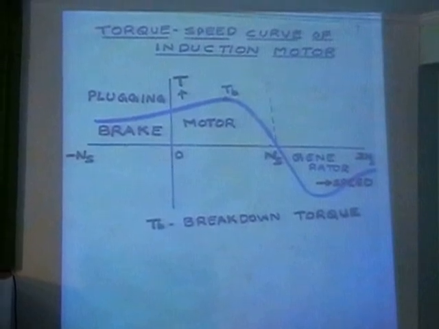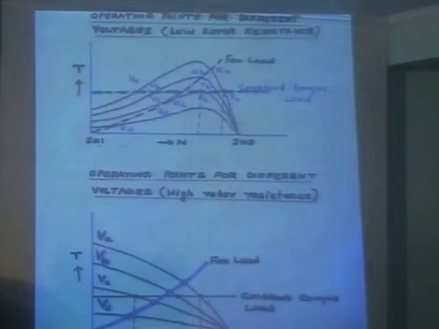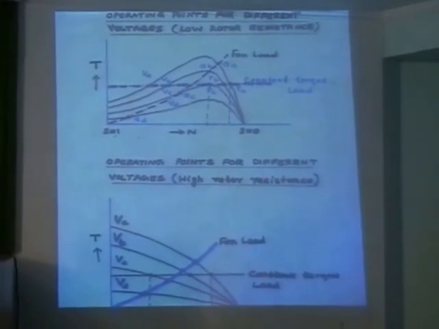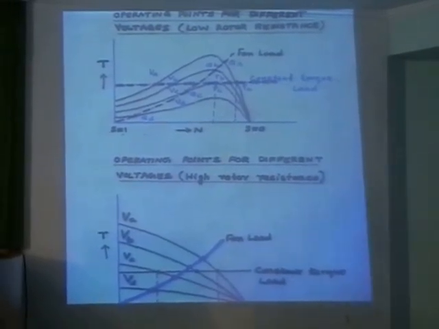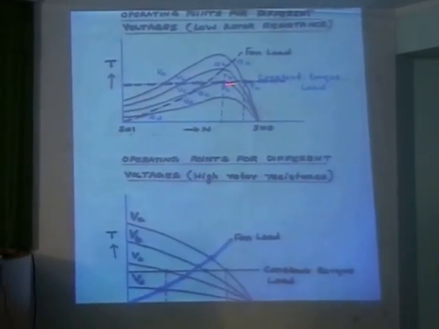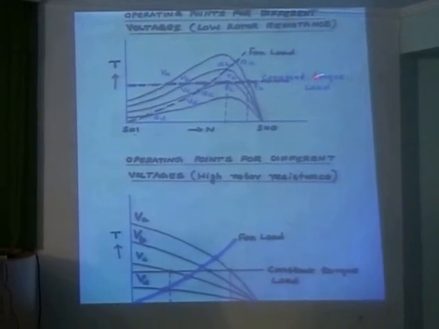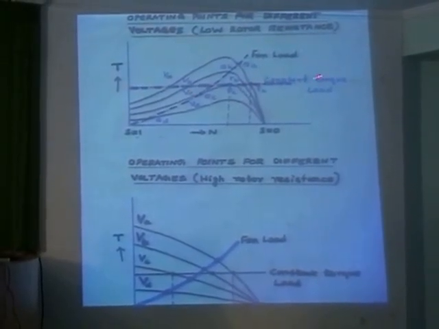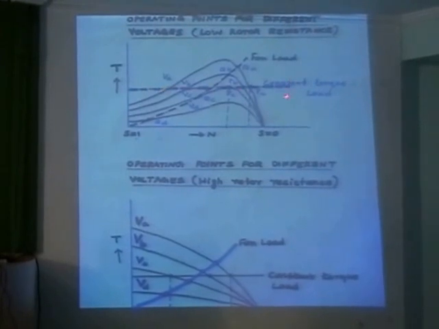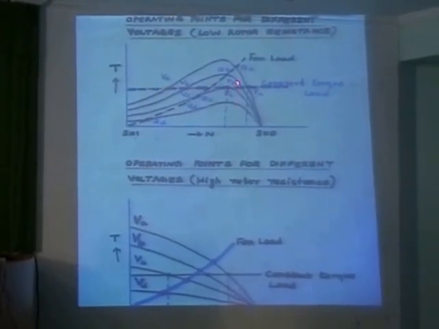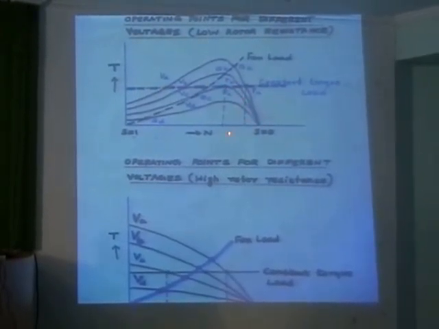So you will study in drives, its behavior changes with the type of load. So if I take a constant torque load, we said train load, something like that, some constant torque load. So if I have a constant torque load and if I look at my induction motor characteristics, the range is very less. These are the operating points, the range is less. But if I take a fan load, these are the operating points, I get wider range.